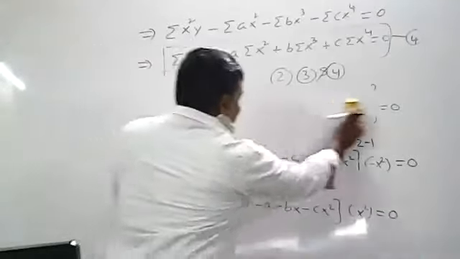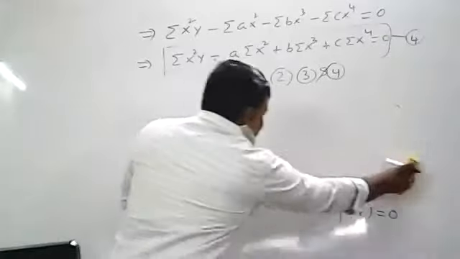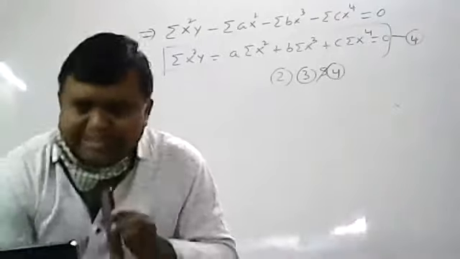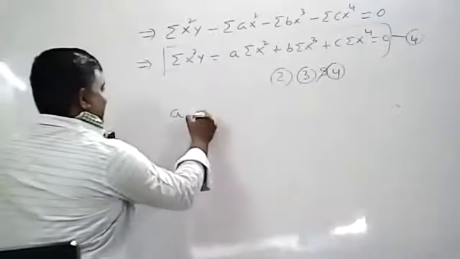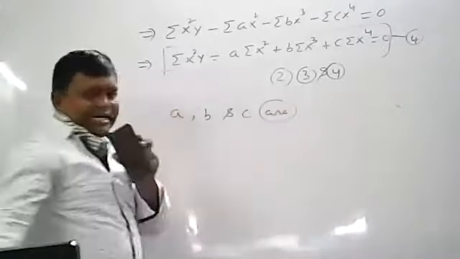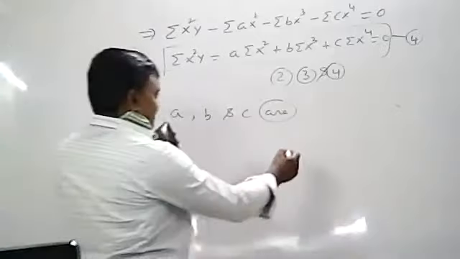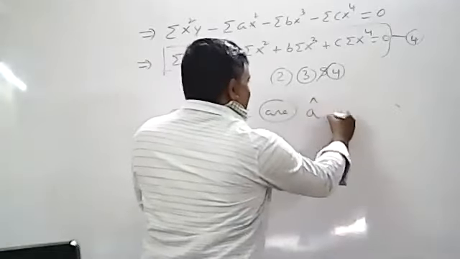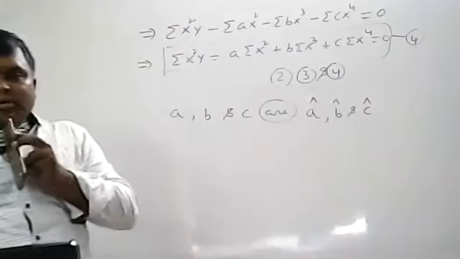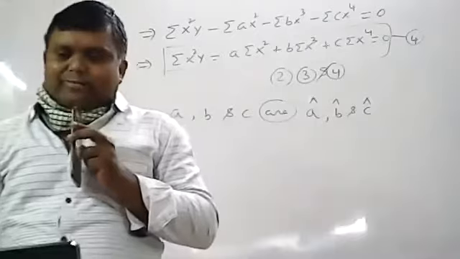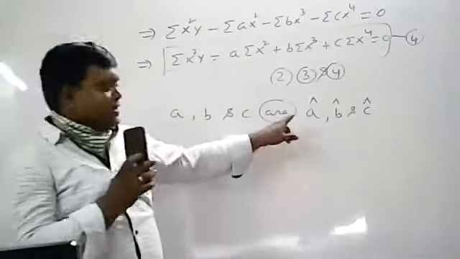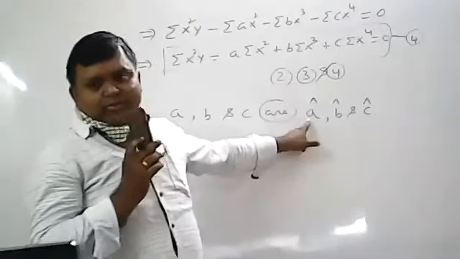we get the estimated values of A, B, and C. A, B, and C are A crown, comma B crown, and C crown respectively. That means estimated means whatever constant value